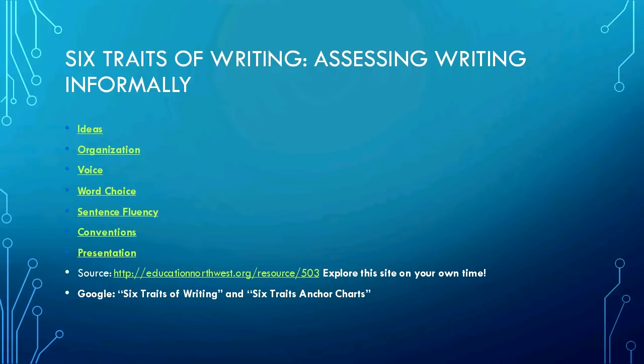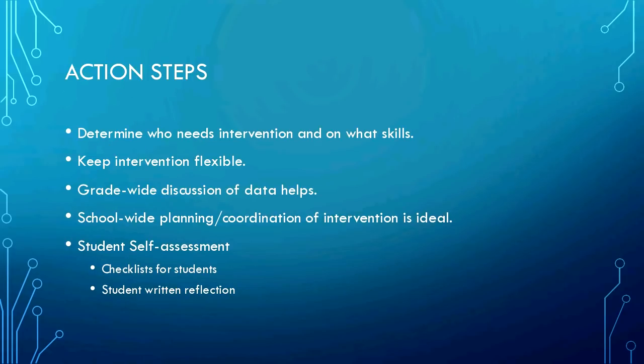This slide, it's on Blackboard. Click on each one. These are the criteria that you can use to analyze and assess student writing. The 6 traits are ideas, organization, voice, word choice, sentence fluency, conventions, and presentation. And the source is on the bottom. But do look at these. These are clickable, and you can read more about the 6 traits of writing. The STAR test rubric is really based on the 6 traits of writing. You'll see some similarities. So do look at that. And I think that's it.